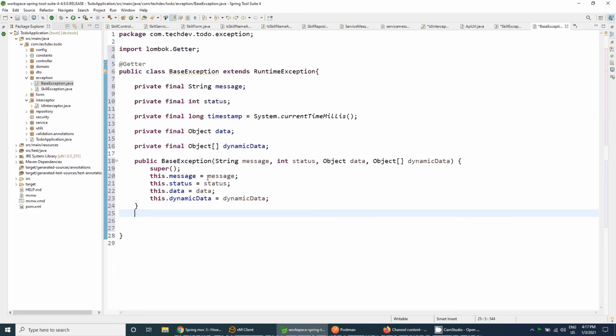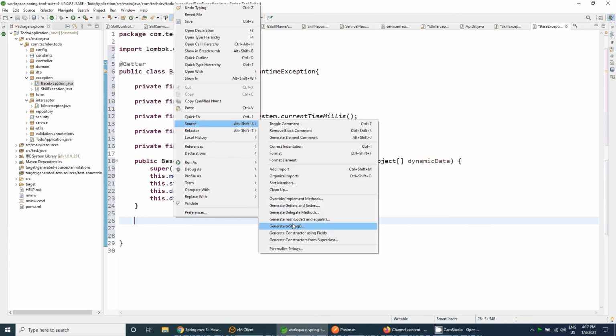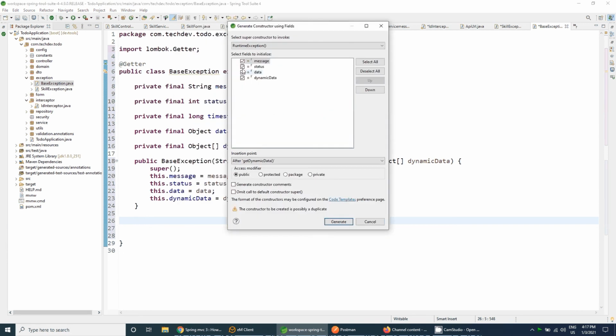So the BaseException constructor will contain the exception message, the exception status, the data if any, and the dynamic data array. After that, we can construct one more BaseException constructor. Let me use the message and status only, not the data and dynamic data.